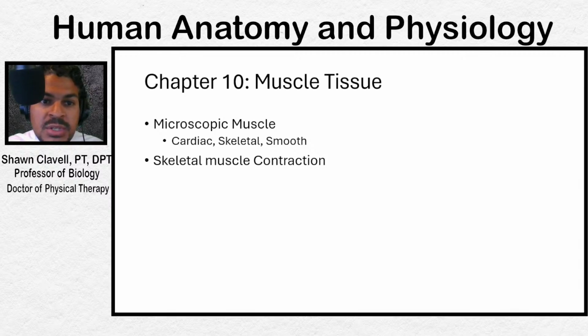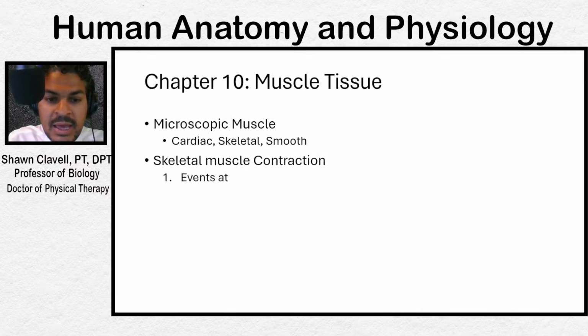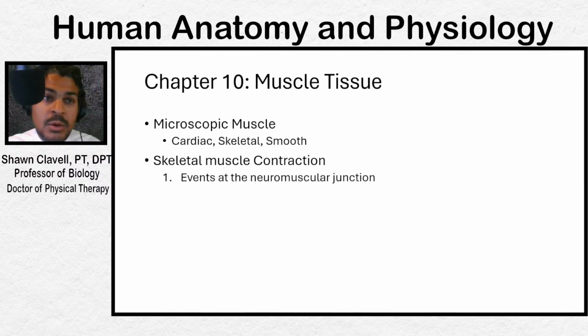So what are the stages of a skeletal muscle contraction? Well, I'll just give you a gross overview. The first component is called the events at the neuromuscular junction. Every muscle is stimulated by a nerve. So, what are the events that occur at the junction point between the nerve and the muscle, the neuromuscular junction? This is also sometimes referred to as excitation, right? How do you stimulate the muscle to start a contraction?